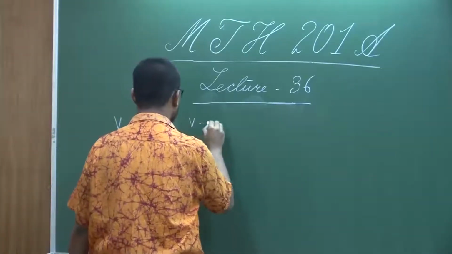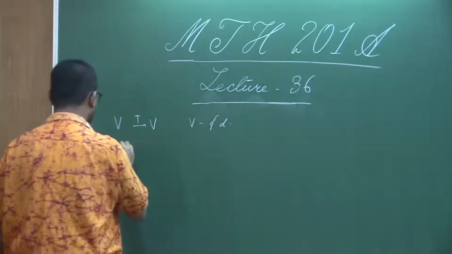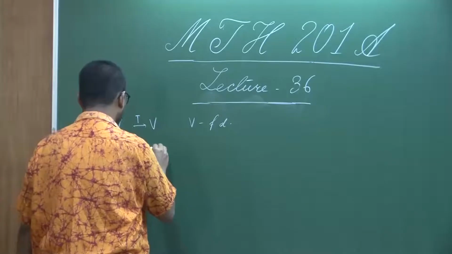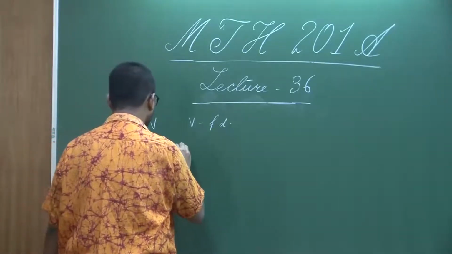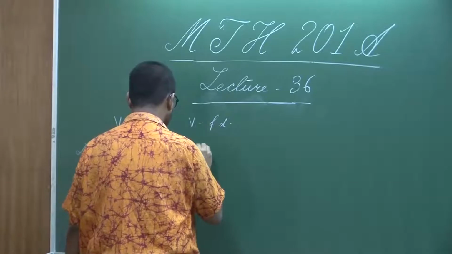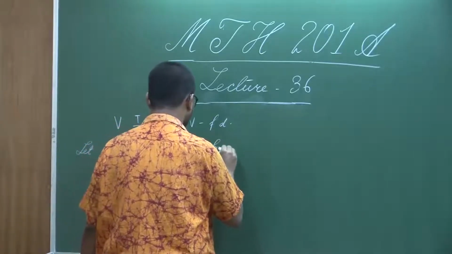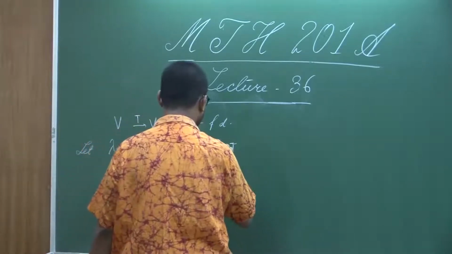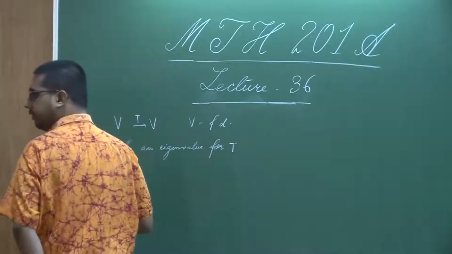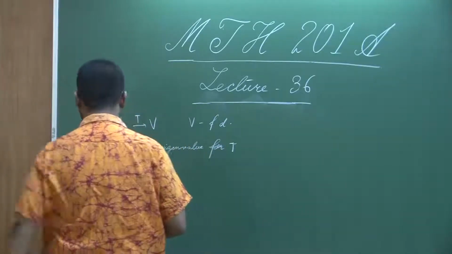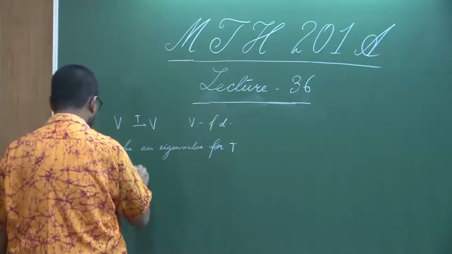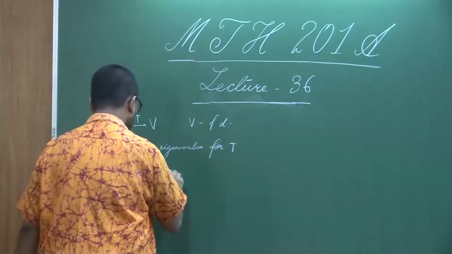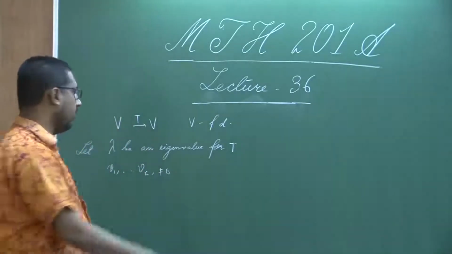V is finite dimensional, and let lambda be an eigenvalue for T. Given this eigenvalue, a finite sequence of non-zero vectors